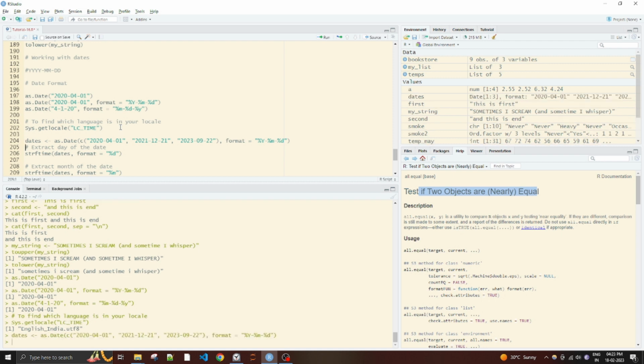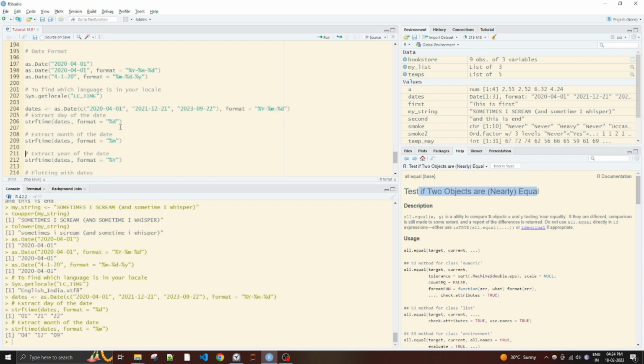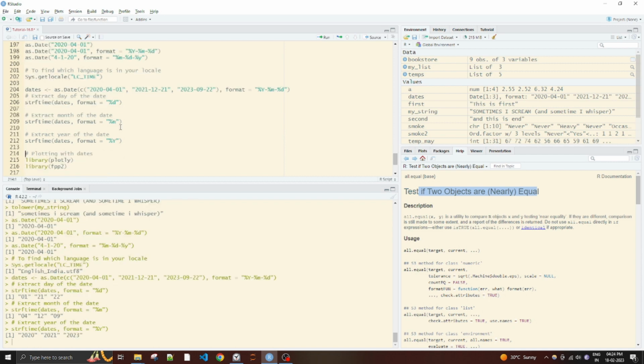And if you want to extract something very specific, let's create a date variable, and if I want to only extract the days from this, just 0, 21, 22, extract the time, the month, extract the year, and we can also